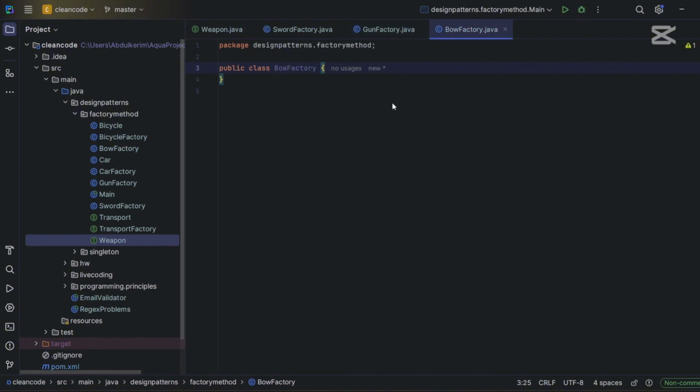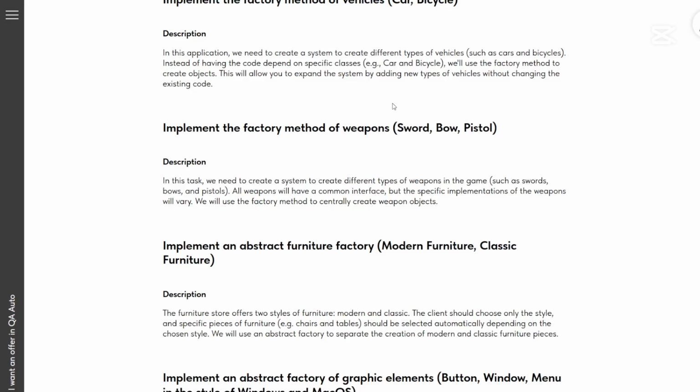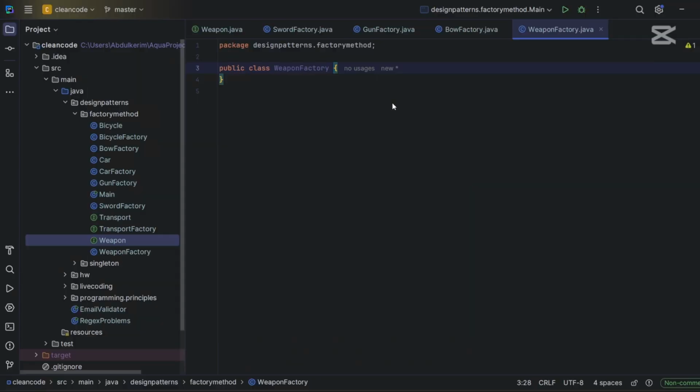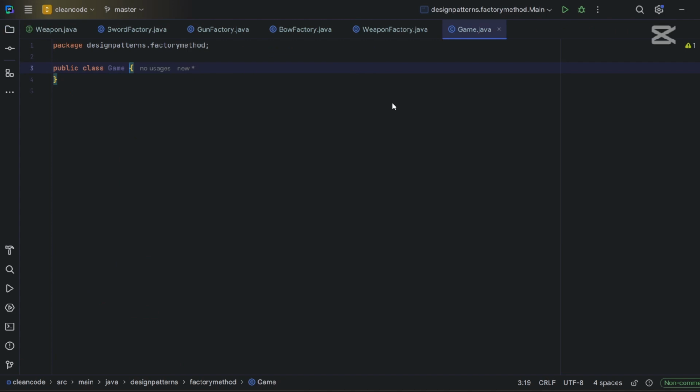Okay. And we need a weapon factory. Okay, and we'll have a class game. Alright, so now